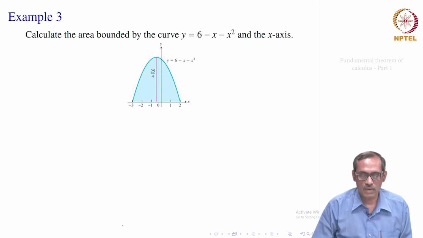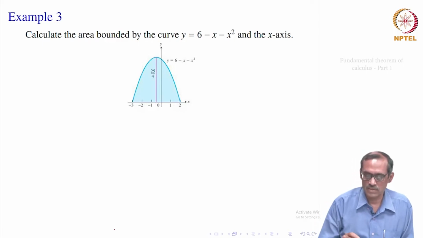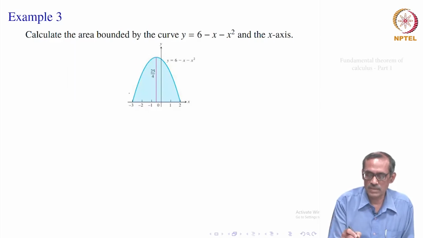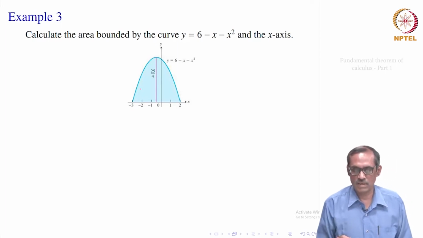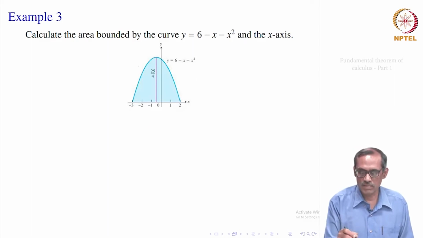Here we are asked to calculate the area bounded by the curve y equal to 6 minus x square and the x axis. This picture is absent in the problem. Sometimes it is helpful to see what the curve is, but even if you do not have the curve, you can still proceed analytically. So, we know that it is a parabola, an inverted one. So, it looks like this, y equal to 6 minus x square. We want to find the area bounded by this curve and the x axis.